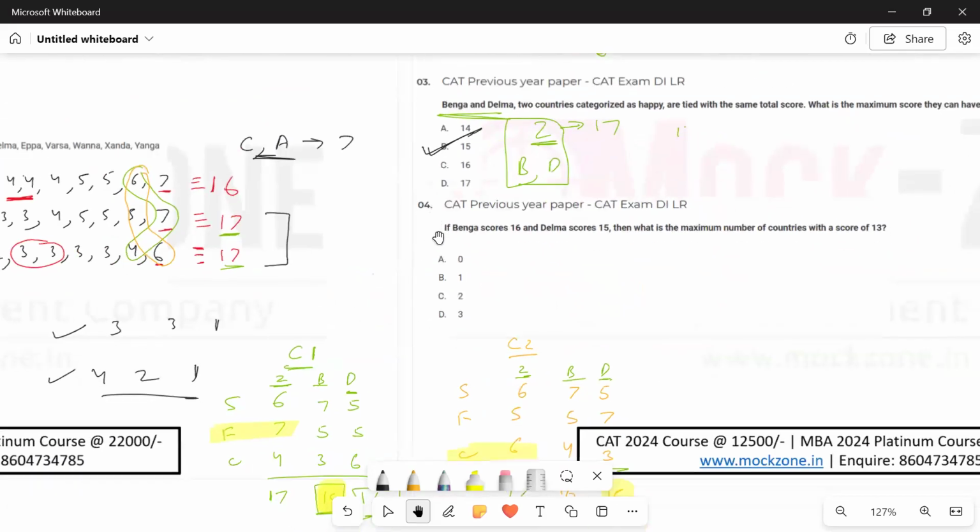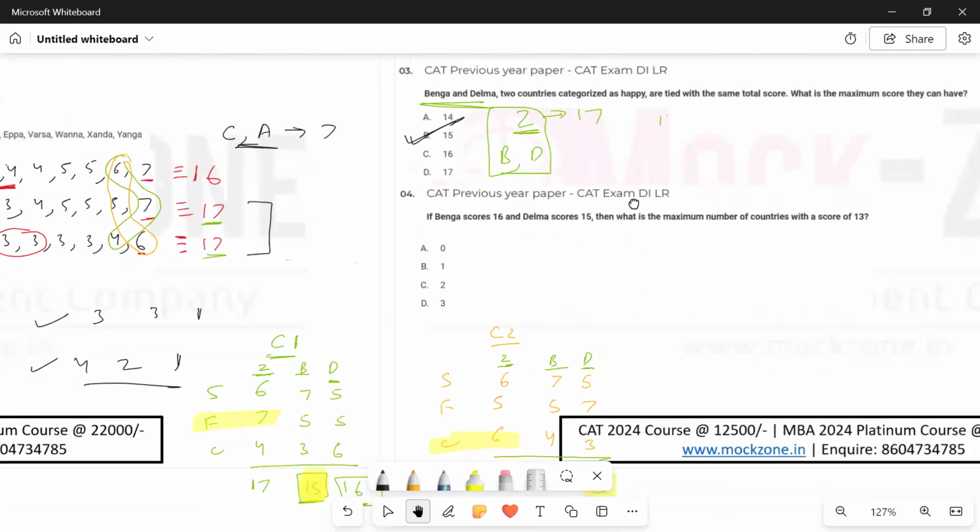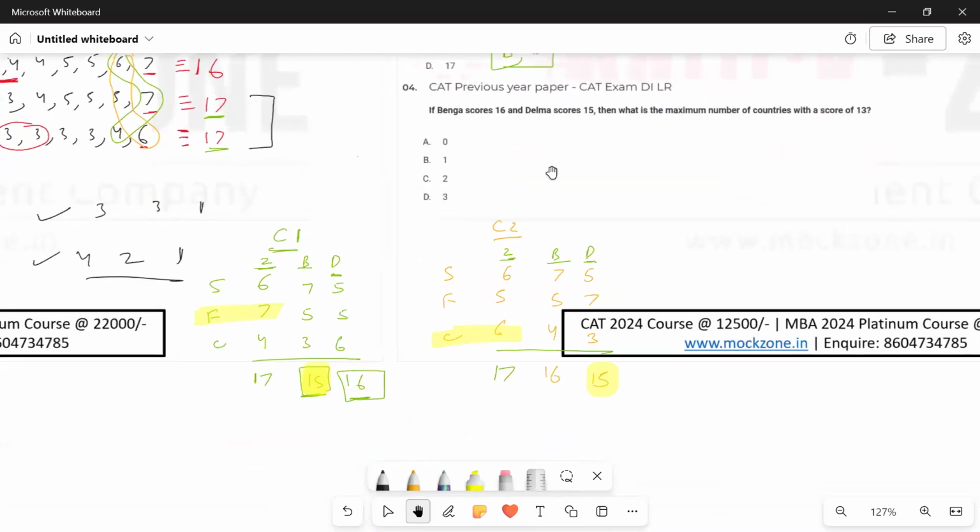अब क्वेश्चन 4 की बात हो रही है. If B scored 16 and D scored 15, तो यानी कौन से केस की बात हो रही है इधर? B के 16 है, D के 15 है. तो यानी केस 2 की बात हो रही है, क्योंकि केस 1 में तो B का 15 है, D का 16 है. Then what is the maximum number of countries with score of 13? अगर हम केस 2 की बात कर रहे हैं,